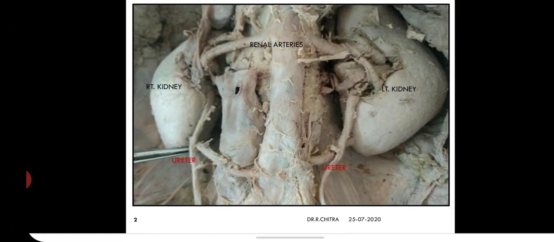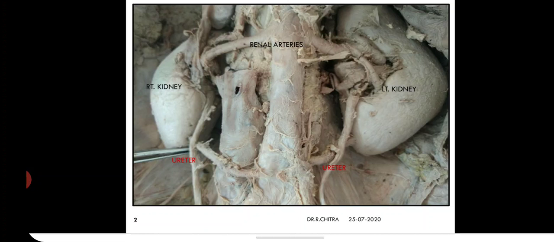So then the filtered blood goes back into the body and the metabolic waste is turned into urine which collects in the pelvis. Then that drains down a tube called the ureter. So you are seeing the ureters. The starting part of the ureter is called the pelvis. These ureters carry the urine from the kidneys to the urinary bladder. If you see, each kidney has about a million tiny filters called nephrons. They are what filter the blood.